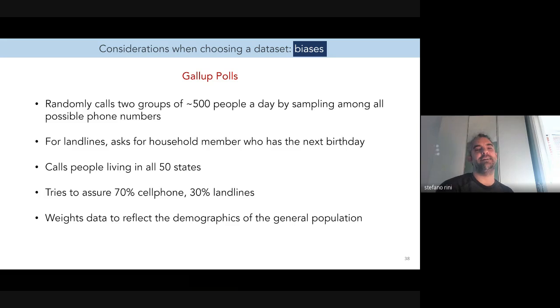And so even if you collect the data, being aware of the biases in data collection means that you have to manipulate the data a lot after it has been collected to account for these biases, to compensate for the biases that you have in the data collection. And of course, by the time that you do all this compensation for the data that you have collected, trying to correct all possible biases, you have transformed the data to a point in which it would be impossible for you to